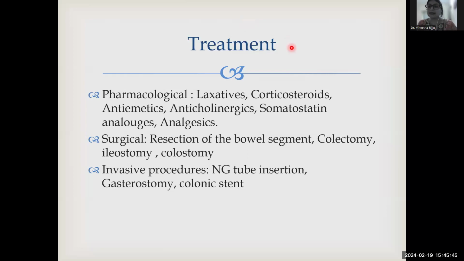Dexamethasone has a longer duration of action, so you really don't have to repeat it every 8 hours. Give it as a once daily dose and try to give it before evening because it will interfere with sleep patterns. So always try to give the dose before 6 p.m. Alright, and why give it only for 3 to 4 days? We are checking at the same time every day.